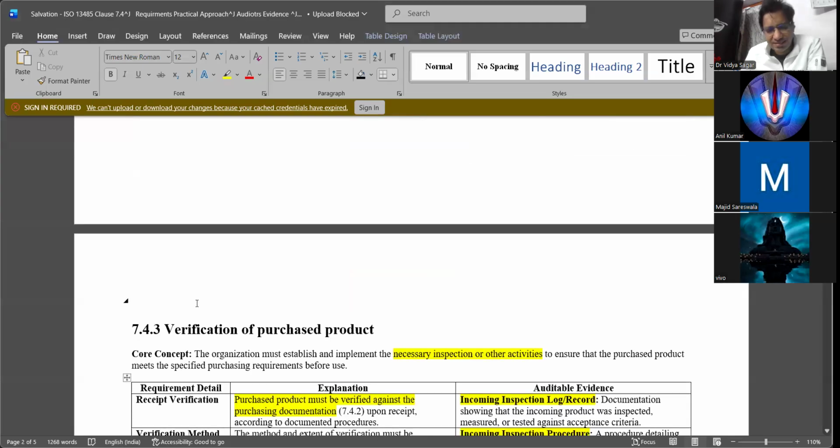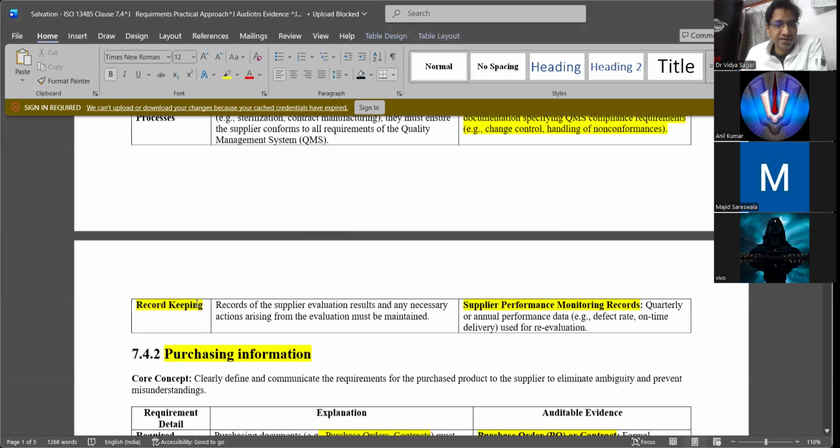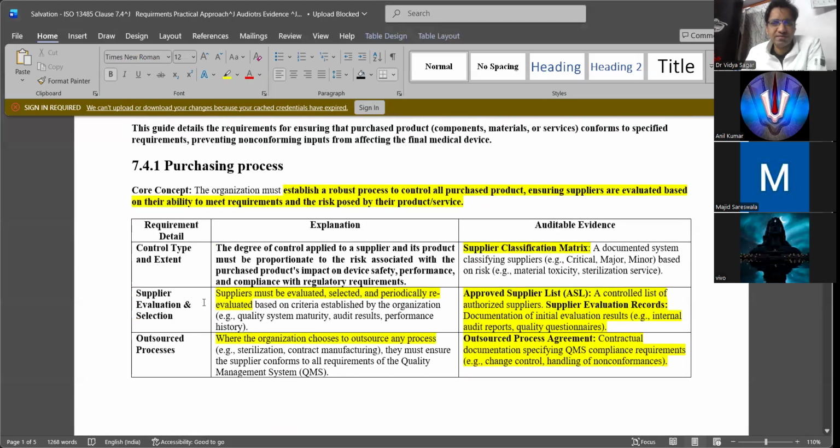These are the 3 important sections in the subclause of 7.4, and these are very, very important. I know there will be a lot of investigation, and auditors will go into these documents. Purchasing could actually be the first point of entry where they could enter into it.